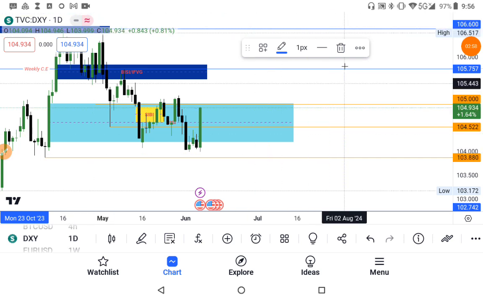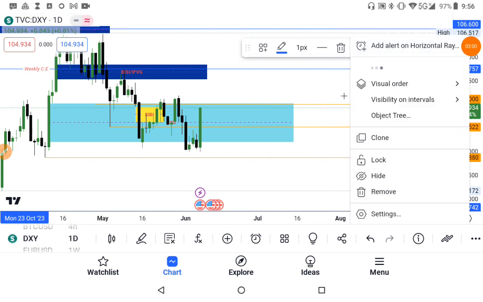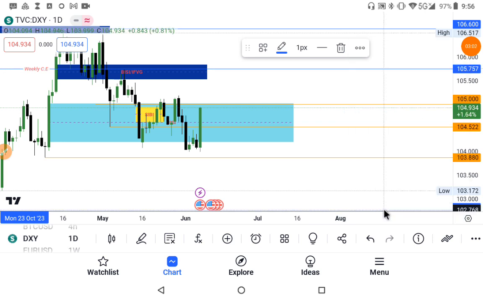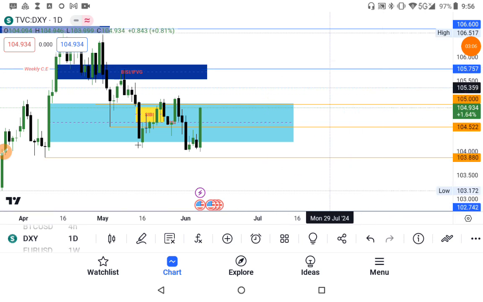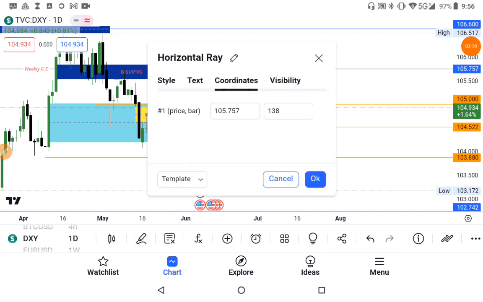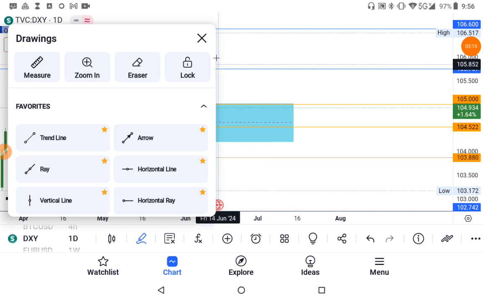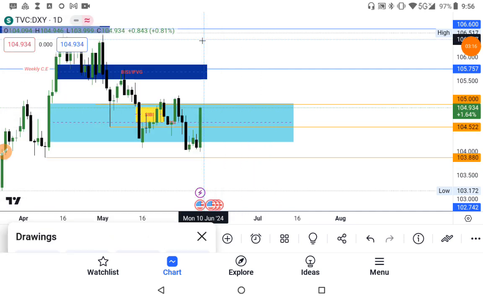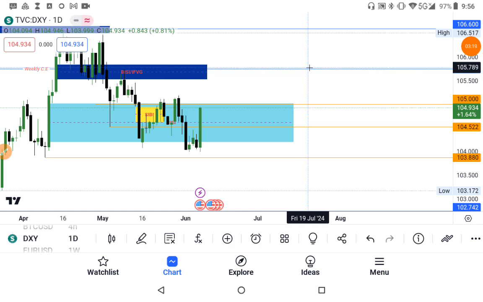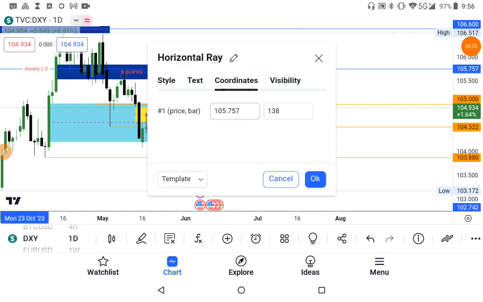What's wrong here? Okay, let me bring this out. Why is it lagging? I think I have a network issue. I only want to point out